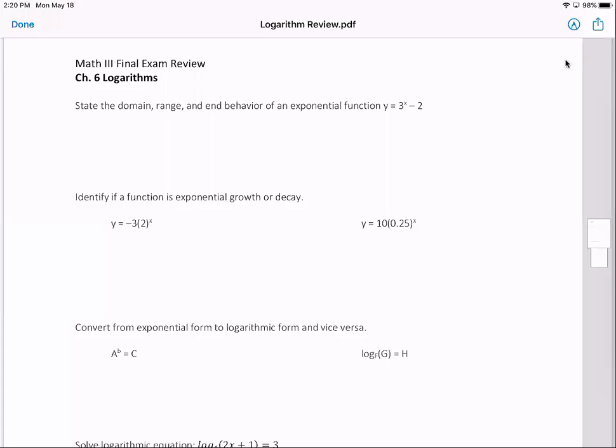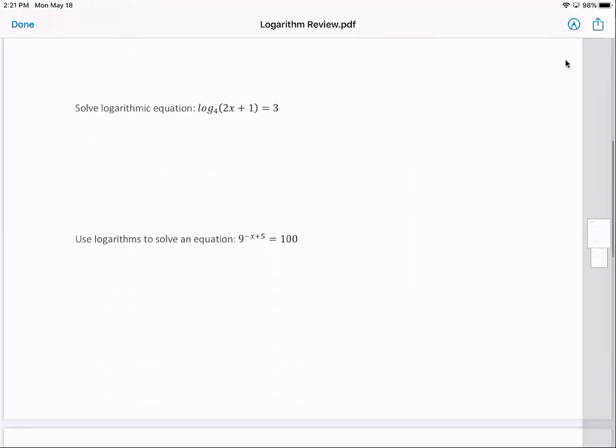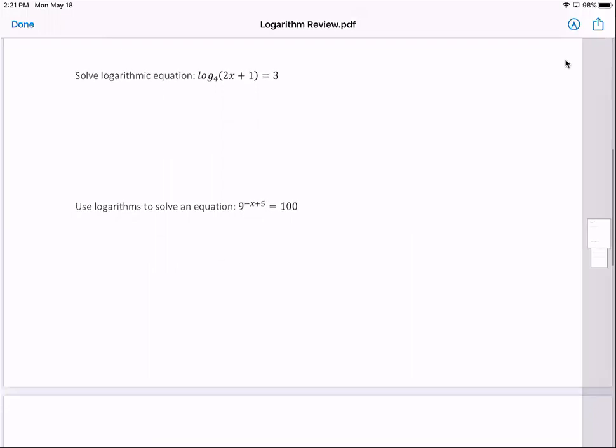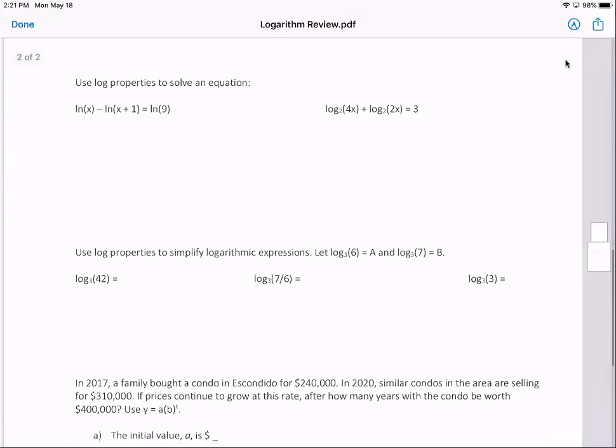Mr. Eicher here, looking at a Chapter 6 logarithm review for your final exam. If you don't have these notes, you can print them and follow along if you'd like. A main goal in this video, we'll do the first page of these notes, reviewing some essential things we'd like you to know about logarithms. Then in the next video, we'll check out these